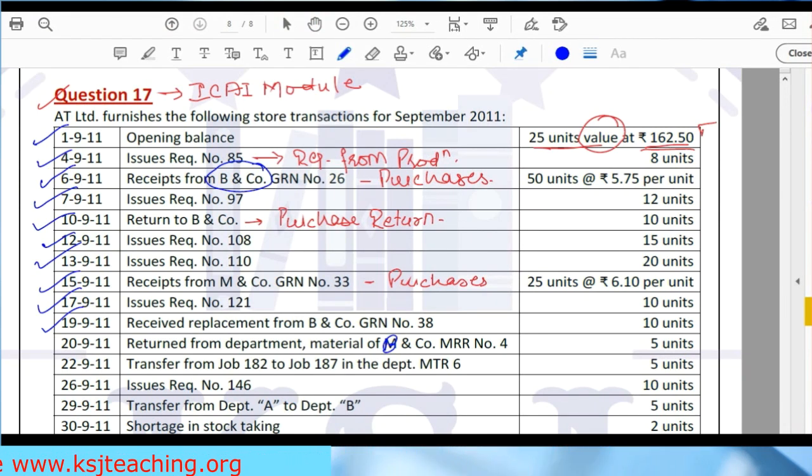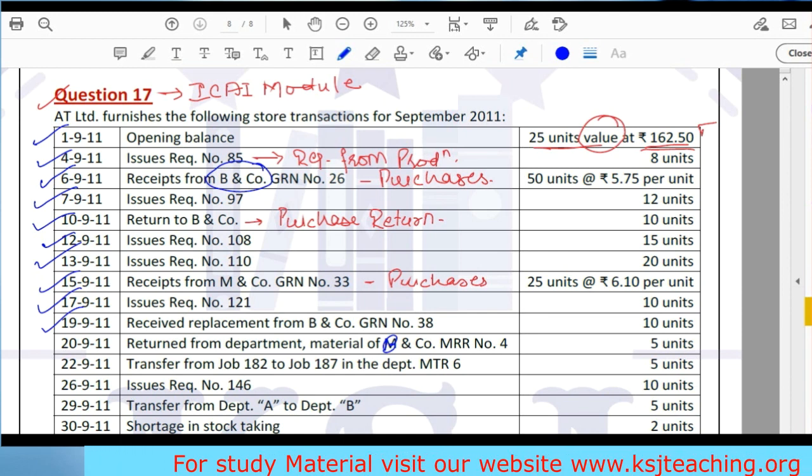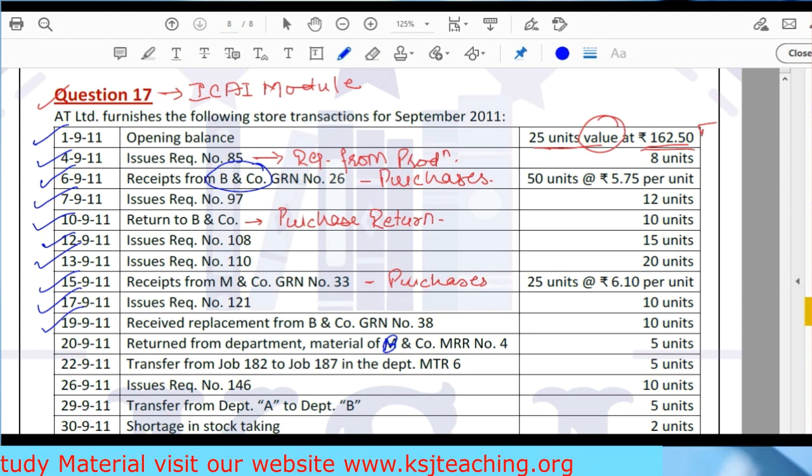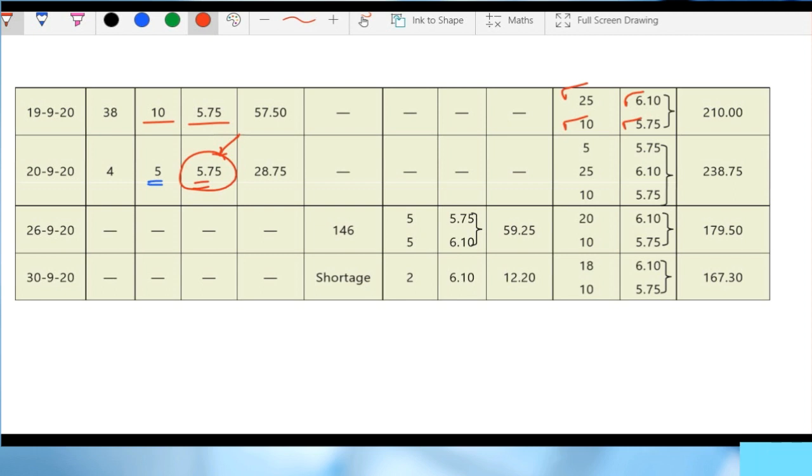Right? But even in the institute material, it has been given as M&D company. Whereas the material which has been received from M&D company has not been issued. Clear? So that is why we are recording these 5 units at 5.75. That is the last issued material. So this is the only point in this question why I have discussed it, so that your institute material is